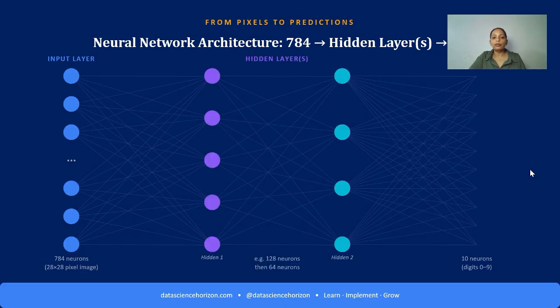2 hidden layers. This is where the real pattern detection happens. Early neurons might learn to notice edges or curves. Later ones combine those into loops, lines, and corners, the building blocks of a digit. And an output layer of 10 neurons, one for each digit, 0 to 9. Whichever one fires the strongest is the network's guess. And this is where the word deep in deep learning comes from, which simply means a network with several hidden layers on top of each other, each one learning a slightly more complex pattern than the last.